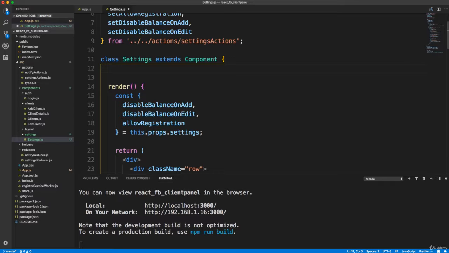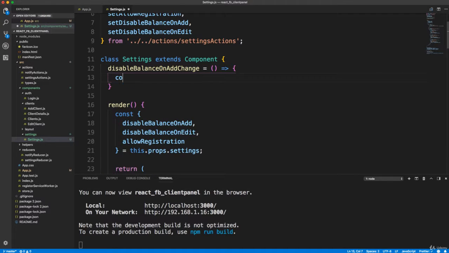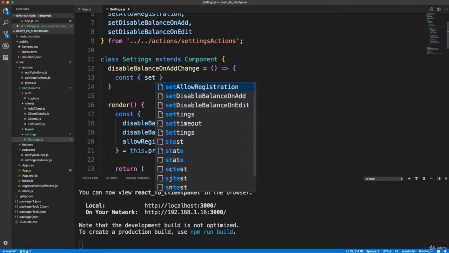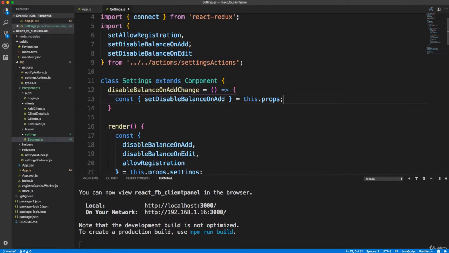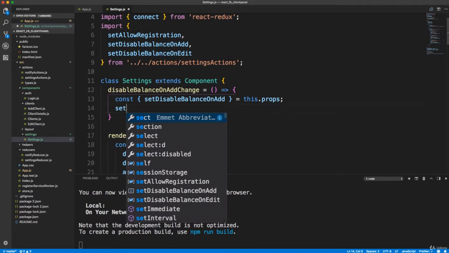Okay, so we're going to say disableBalanceOnAddChange. That's the name of the function. And let's set that to an arrow function. We're going to create a variable here called setDisableBalanceOnAdd, because we want to pull that out of this.props. Okay, because that's an action. That's one of these actions. And then we just want to call that function. So we'll say set